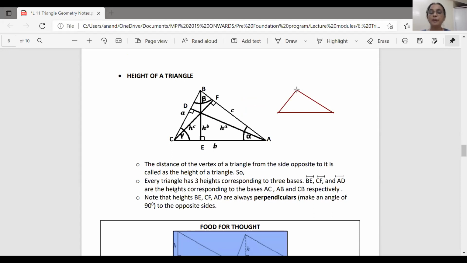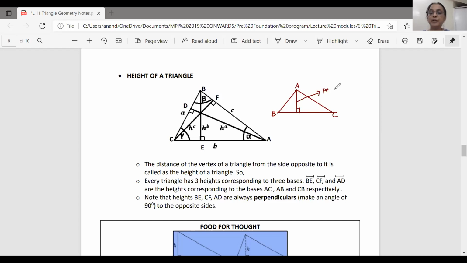From the vertex, I will draw a line that makes 90 degrees with the base. So from the vertex, I will construct a right angle triangle. Then this segment, suppose the triangle is ABC, this segment that is drawn from A and makes a right angle with BC is called as the